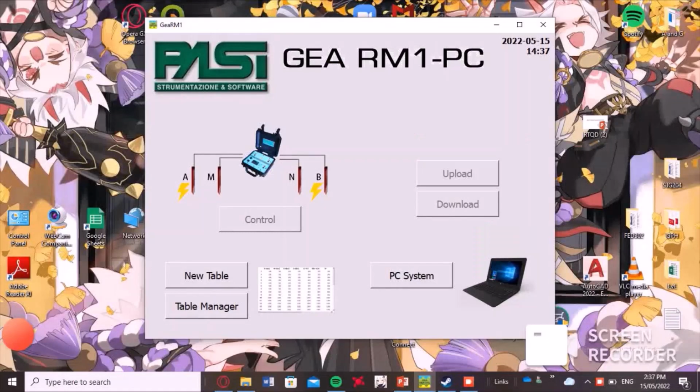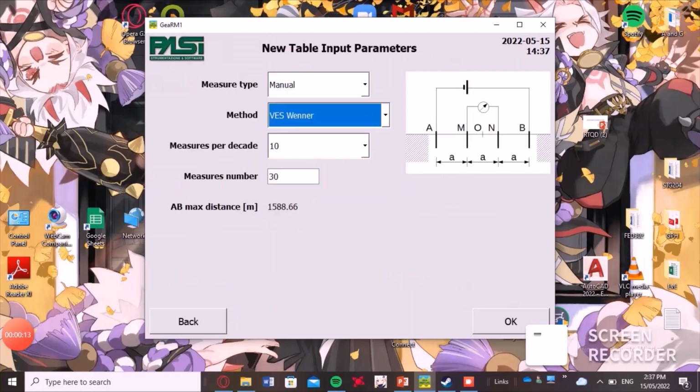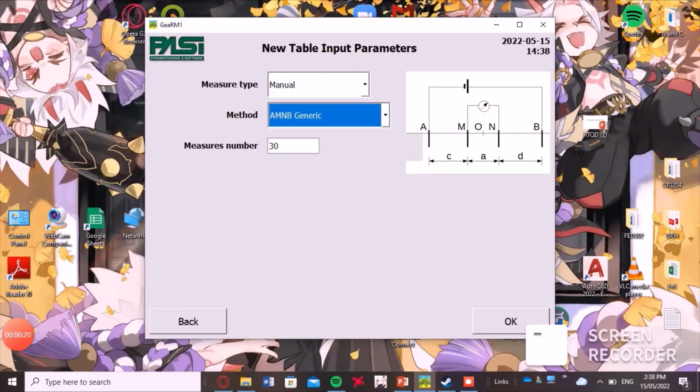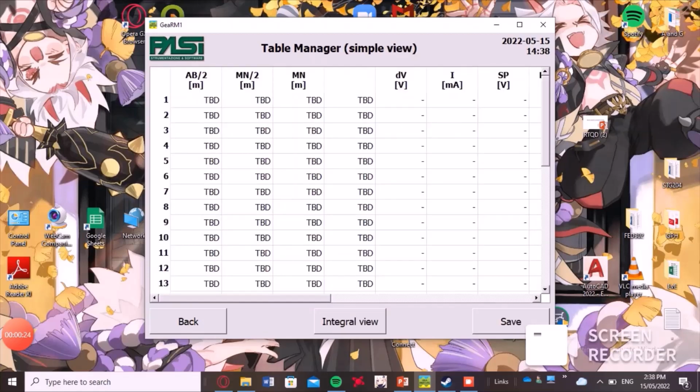Today I'll be talking about how to create a table for your main system, and then how to collect the data using this software right here, GARM 1P for your PCs. First, what you want to do is you have to create a new table, and then for our setup specifically, it was the AMNB generic version, so we'll take this one and we'll take the measures number as 30. Just click OK here, and then this is the type of table formation that will be formed when you use it, so you'll get this kind of table. And you want to save this, and once